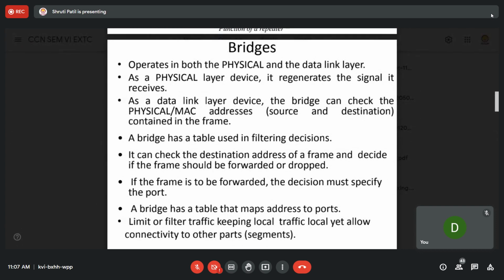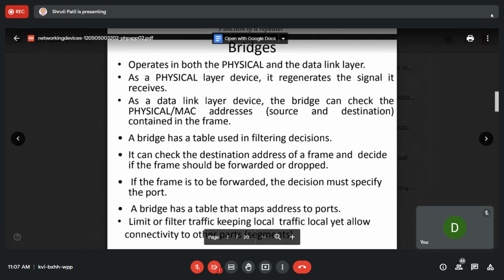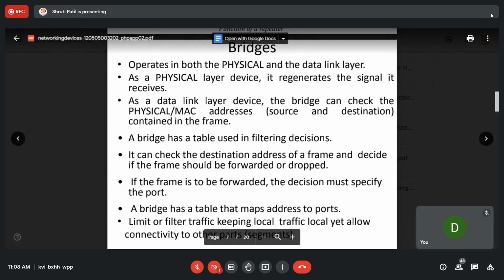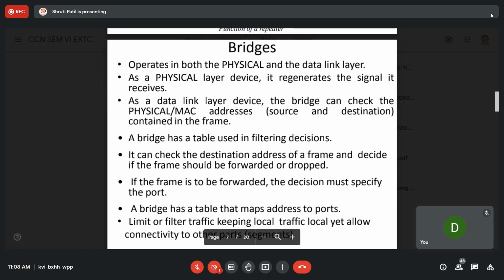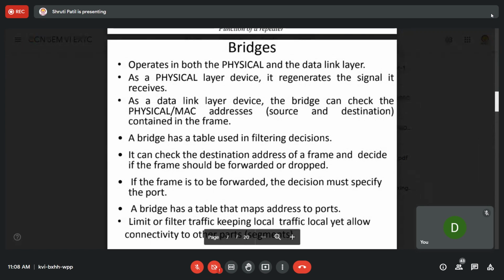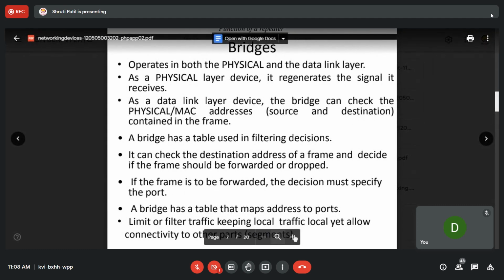If the frame is to be forwarded, the decision must specify the port address, and then accordingly it will be transmitted. So a bridge has a table that maps address to ports. Limit or filter traffic, keeping local traffic local, yet allow connectivity to other parts or segments.